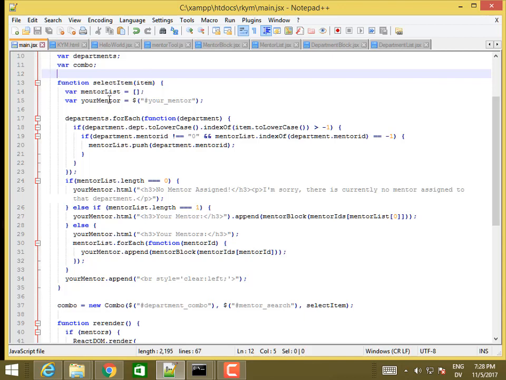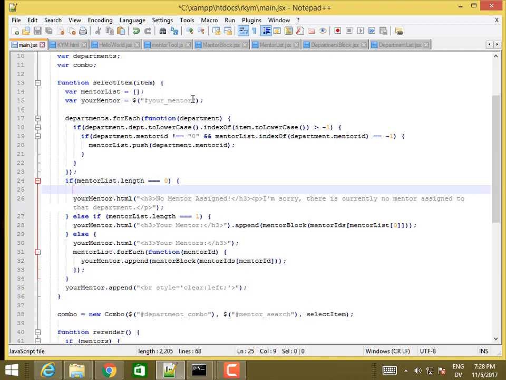So mentorList is empty. It gets the Your Mentor box. And I won't need that anymore because I'm going to render into that. I'll leave it for now. So here's where I filter the departments. And this could all be an arrow function. But I'll leave it alone for now. So finding the matching mentors, and then so here I'm going to